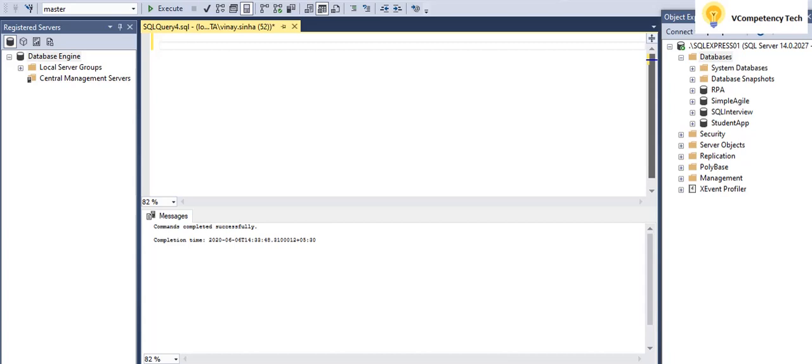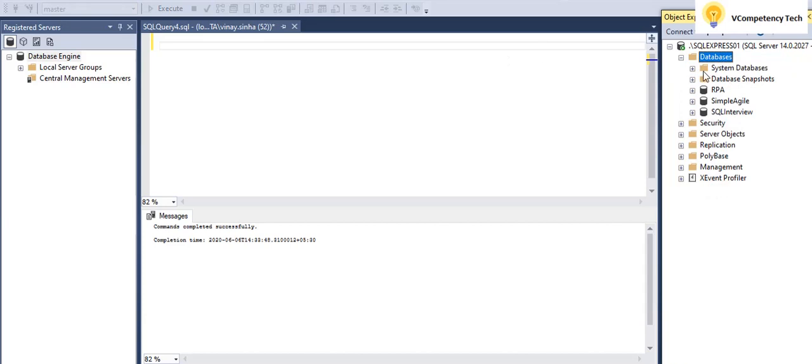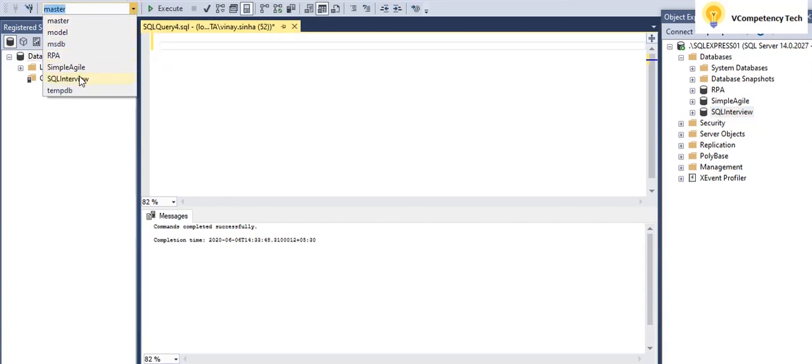So, before creating a table, we should have a database. For example, let me refresh this. We have some database name here. If I use any database, I will come here and select the database. And if you don't have any database, first we need to create the database. So what I will do, I will create one database.